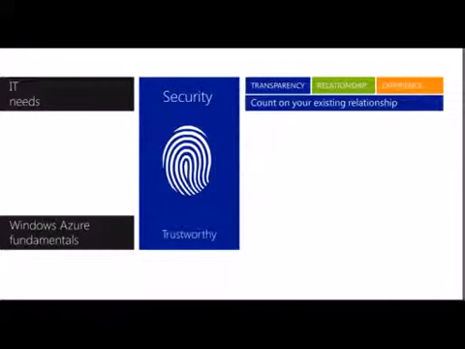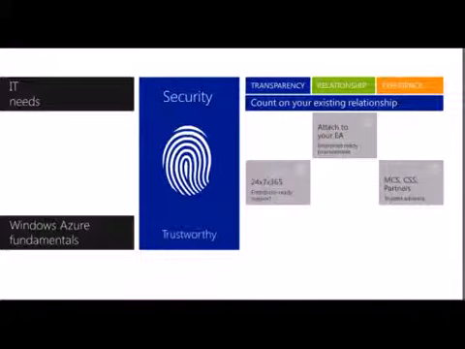The other part then is around the relationship that no doubt you have with Microsoft itself, in terms of being able to pull on the existing relationships that you have, whether that be from a licensing perspective or from a support perspective, having that 24/7, 365 enterprise-ready support, and being able to work with Microsoft itself through our support centers, through Microsoft Consulting Services, or one of our partners such as Tech House, who work with us through this.